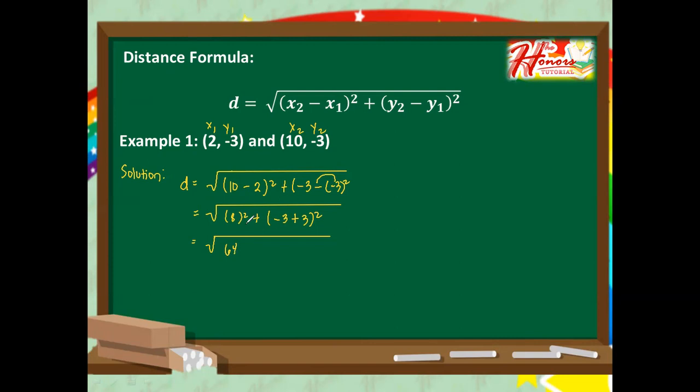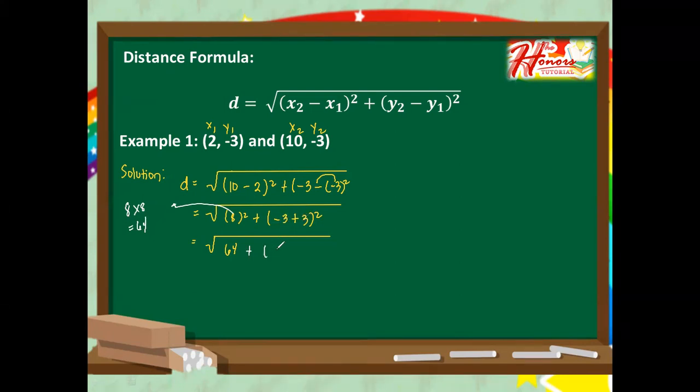8 squared meaning 8 times 8 because your exponent is telling you how many times you are going to multiply the base to itself, and that is twice. So that's why we have here 8 times 8. If I expand this, it will become 8 times 8, and that is equal to 64. So that's why we have here 64 plus